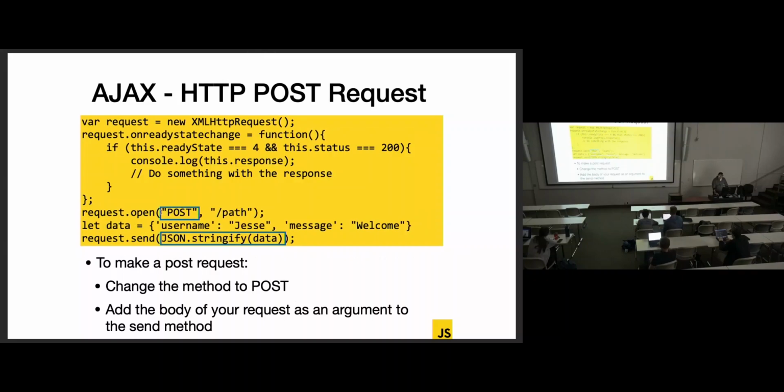If we want to send a post request, we're going to switch get to post, of course. And then when we call send, we're going to give it an argument, and the argument's going to be the body of the request. And then the browser is going to handle all of the content type, content length, all that good stuff. We're just going to give it a string here. Let the browser do its thing. The browser's going to know exactly what to do. Measure length in bytes, handle Unicode, all that good stuff. The browser's going to do all that. We're just going to send whatever we want to send. I'm going to send some JSON. And also